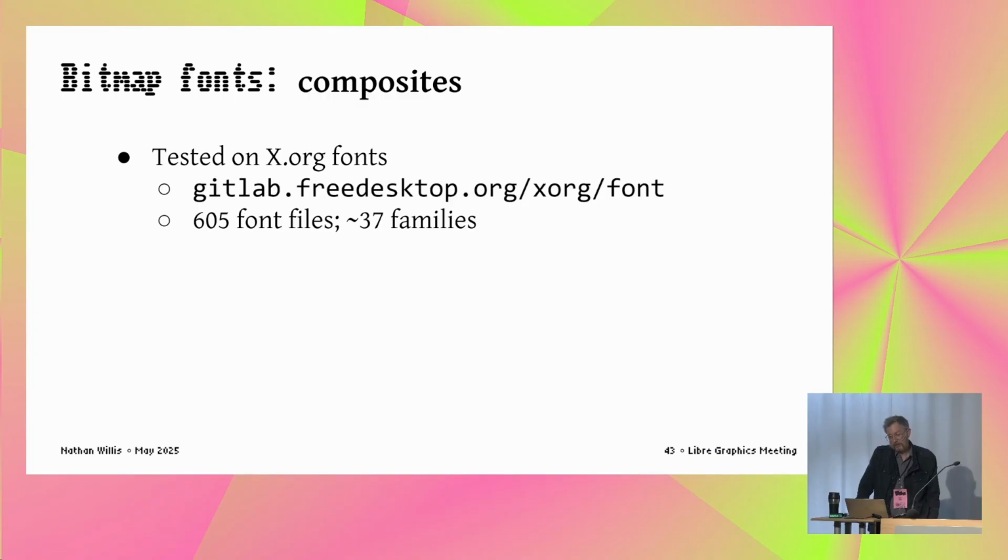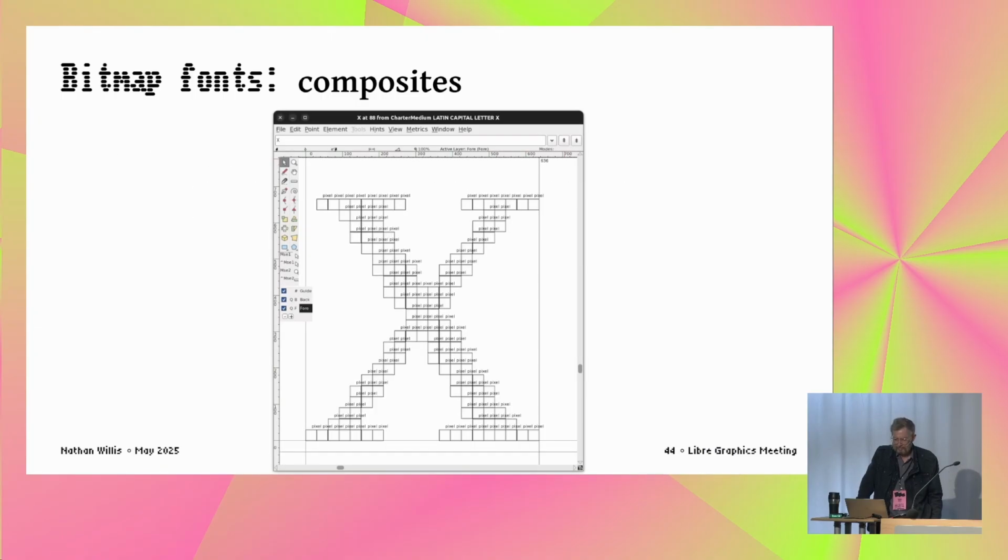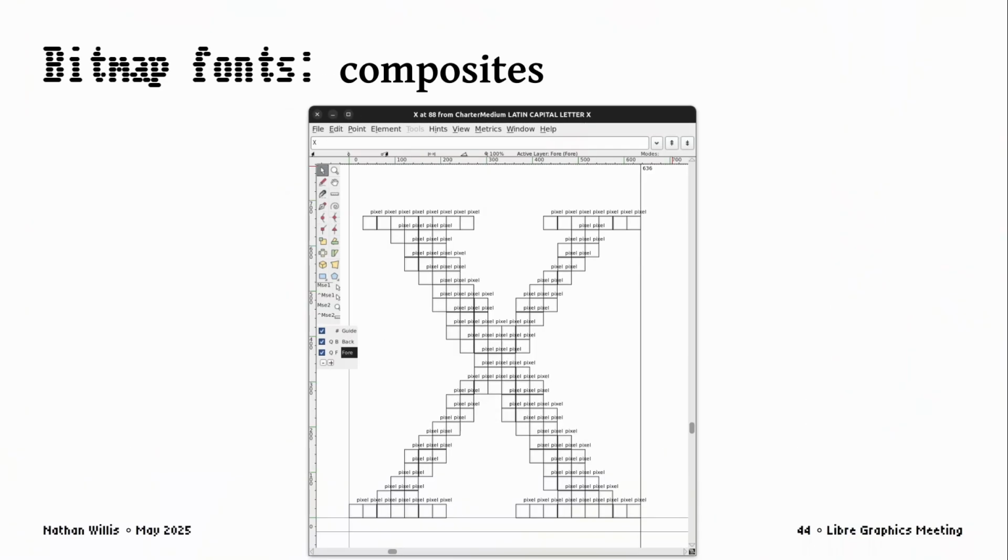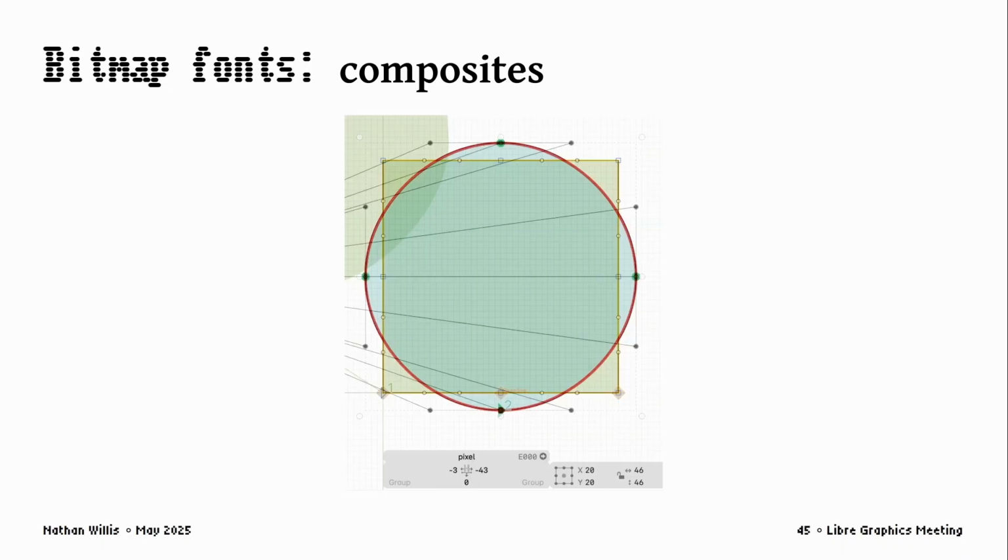For my test cases, I was just using the Xorg fonts because they are certainly retro. And yeah, you get a whole bunch of components in a composite glyph when you do that. But now you might ask, as long as we're using a component, why not do something else with it? And that's what I was working with next, which is like, okay, turn it into a circle. I'm sorry for showing you a proprietary app there. You can make the circle into the pixel instead.